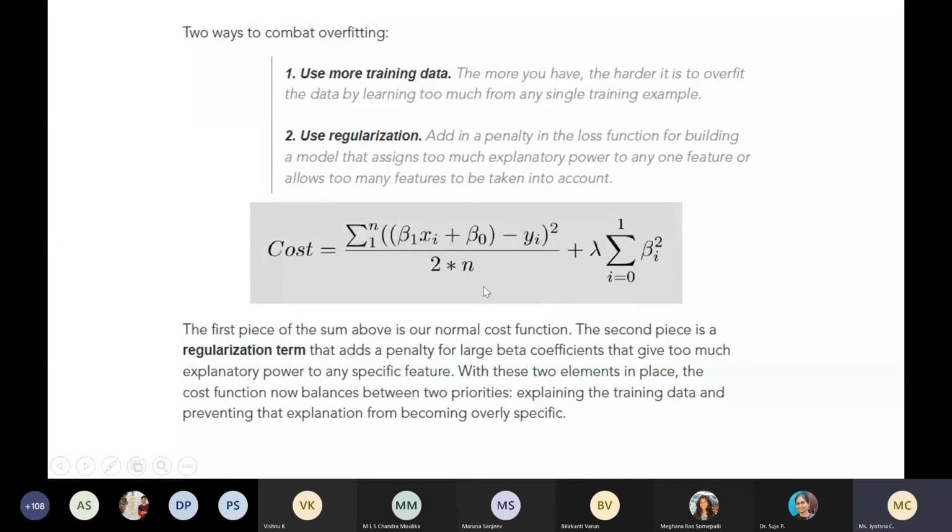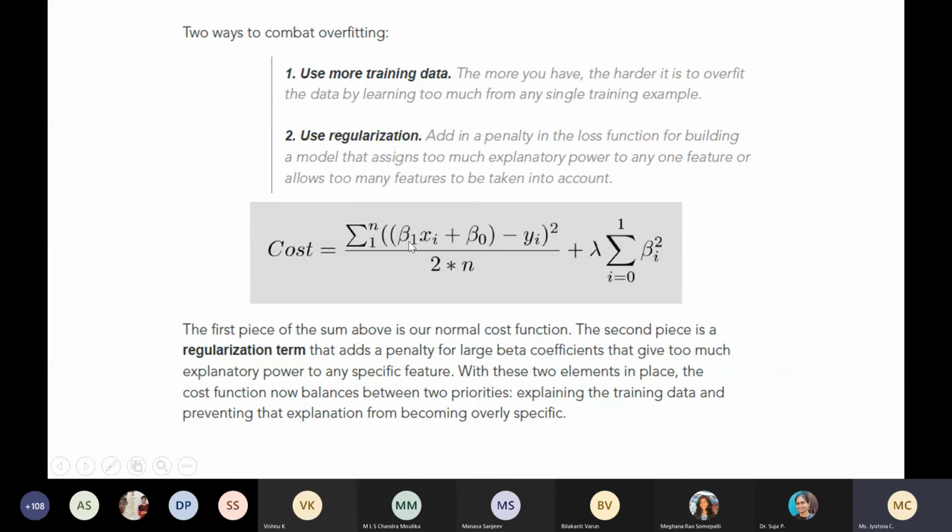So this is a cost function. When you see different textbooks and websites, the terms used in the formulas may change, but try to understand. This beta is representing the weights. Whatever the cost function may be, now we are just learning about regularization only. So this is the cost function plus lambda into the penalty term.